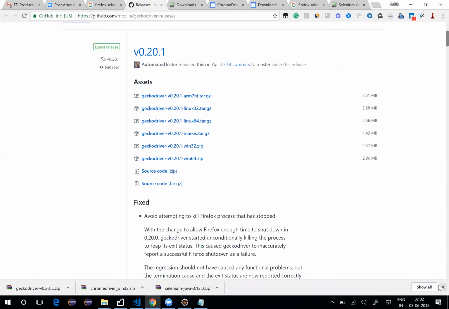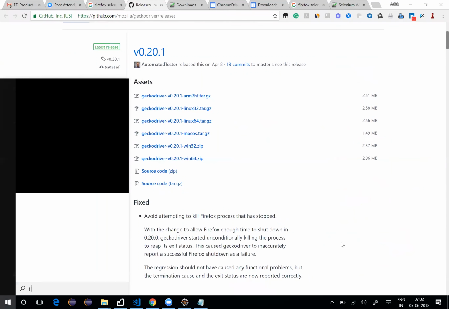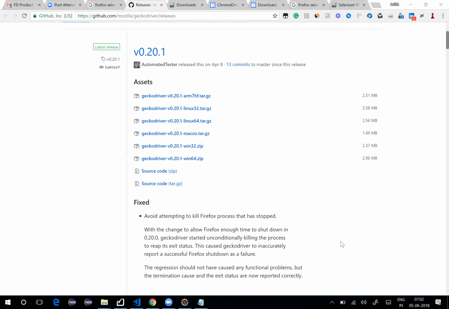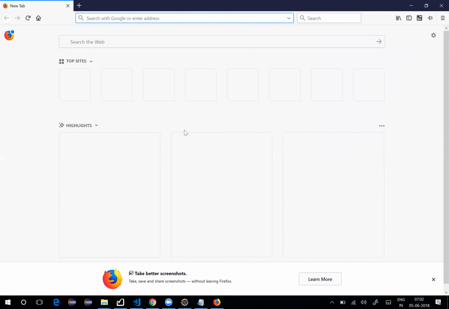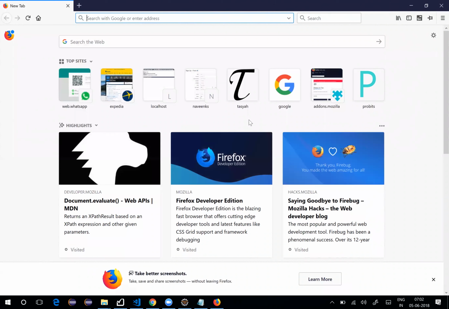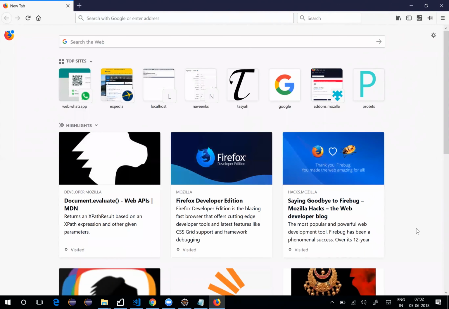Now, you can even test this with Firefox. I can open it, it's called Firefox. That is another browser. So let's open this. This could be another browser. On top of these browsers, we need a few plugins or little extensions. If you are using the latest version of Firefox, if it is updated, then you don't have to take any updates